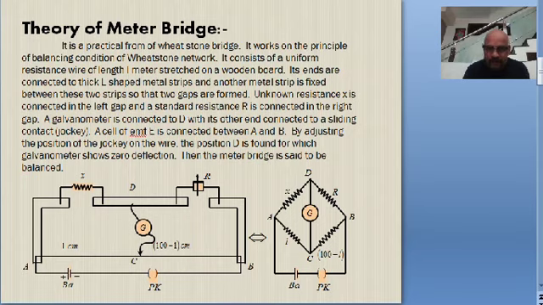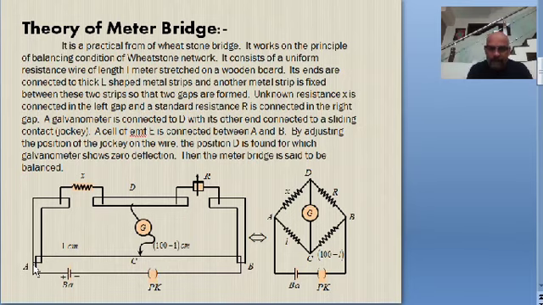Similarly, here, this meter bridge, please remember, it contains a wire AB. Here is a wire A to B. This is a wire of uniform resistance and uniform resistivity, uniform thickness. So this is a wire. This wire is stretched on a wooden board and fixed at the 2 points A and B.